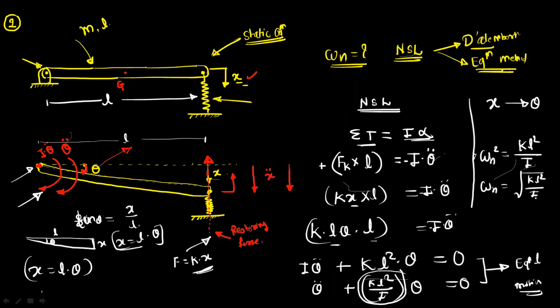So we know the standard formula for the I. This is a slender rod. And for the slender rod, the standard formula for mass moment of inertia about its center of gravity: we have the system like this, with length L. If the rod is rotating about its geometrical center, its moment of inertia is I is equal to m l square by 12.